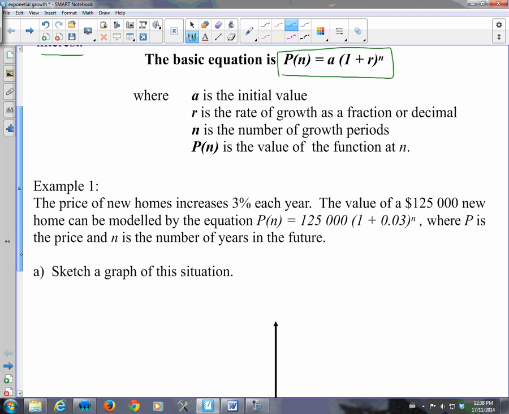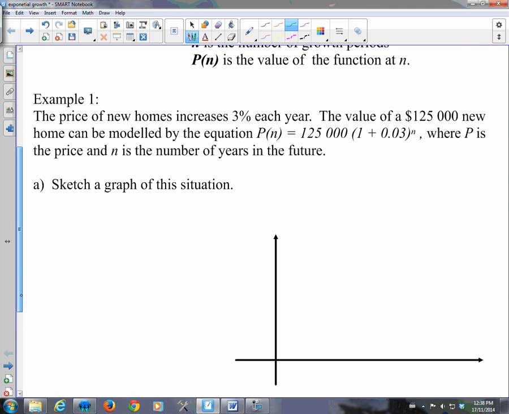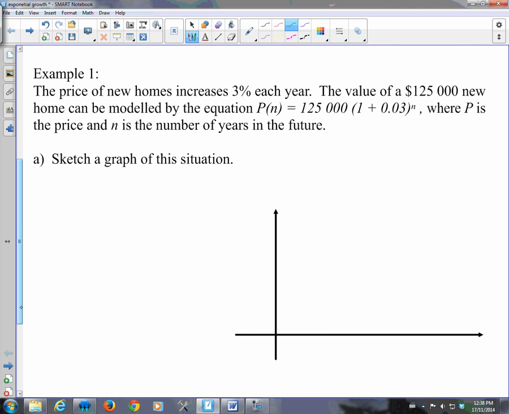So if we take a look at an example, the price of new homes increases 3% each year. The value of a $125,000 new home can be modeled by the equation P of n equals 125,000 times (1 + 0.03)^n, where P is the price and n is the number of years in the future. So a couple of things to note before we sketch. If we look back at our equation pattern,